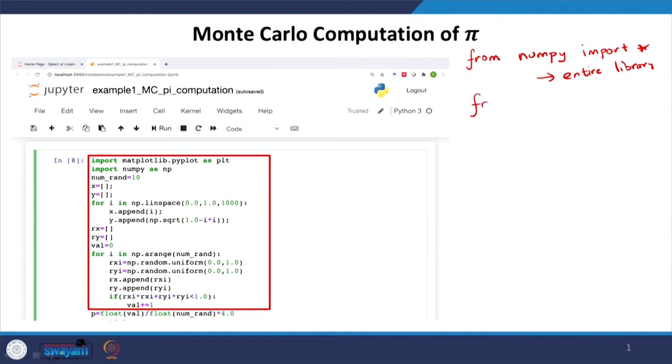So you can also import a particular function. Let's say my code only needs the square root function. I can say from NumPy import sqrt, and now the code can interpret sqrt because it's coming from the NumPy library, right? So only one function. We can add more functions by adding a comma, let's say sqrt, comma, some other function name, and so on.